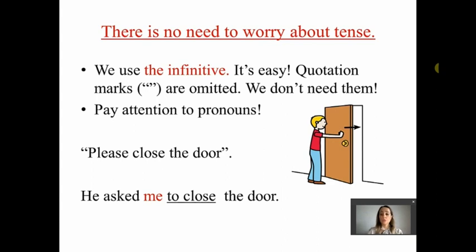As I told you already, there is no need to worry about tense. We use the infinitive. It's very easy. It's not difficult at all. Quotation marks are omitted. We don't need them anymore in indirect speech.